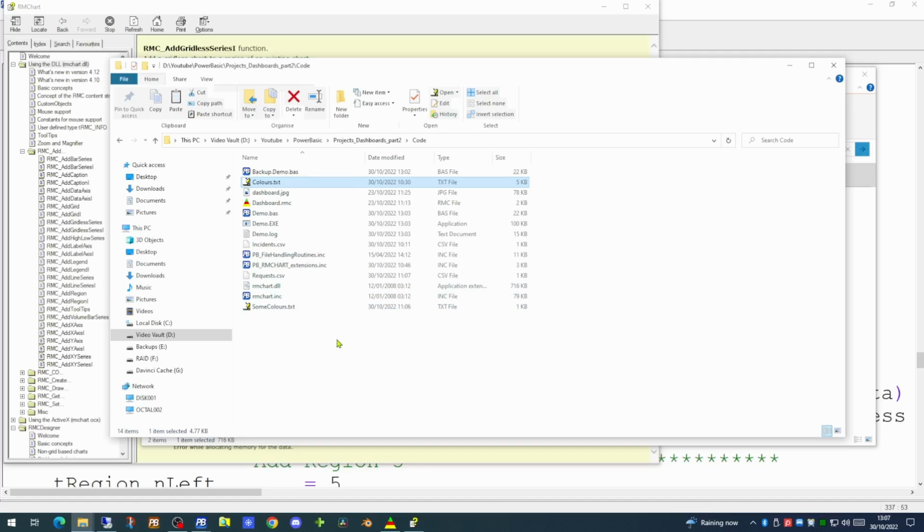This way, your dashboard application can actually sit on a network drive, to which users have read-only access. Users can then run the executable, display the charts on their computer, and should you need to update the chart application, you merely have to replace the executable. The DLL or even RMChart does not need to be installed on everybody's computer.